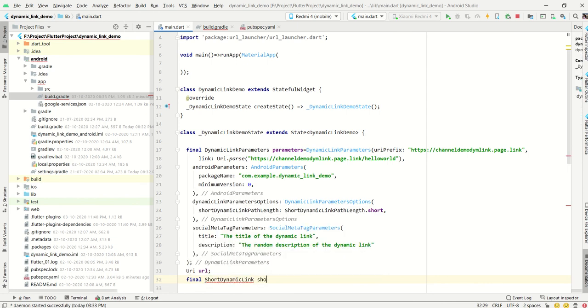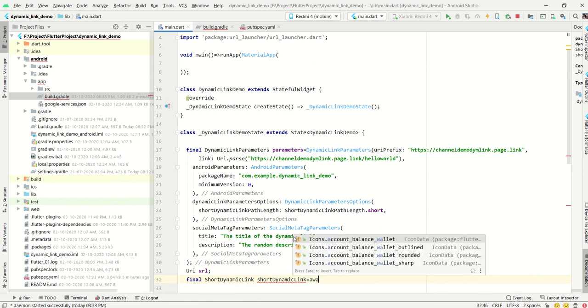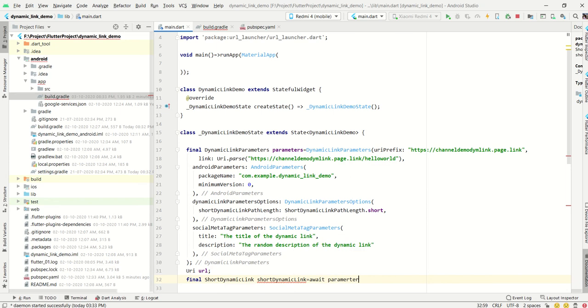There we have to await, and then write parameters dot build URL, or build short link. If we use build URL, that means it will come with the long link, right? But here we declared a short dynamic link, so we have to write short link here.